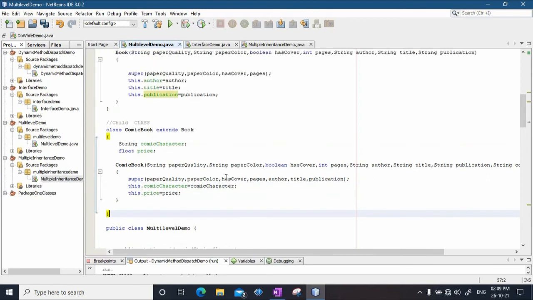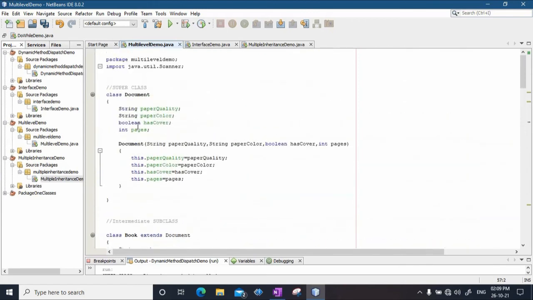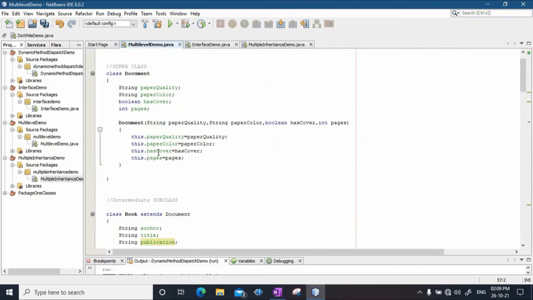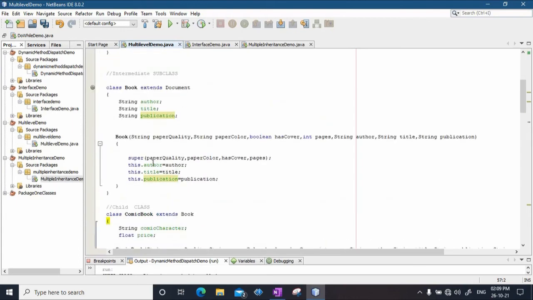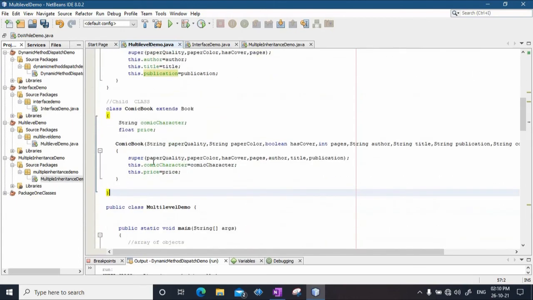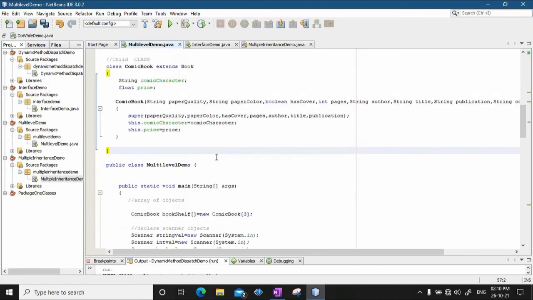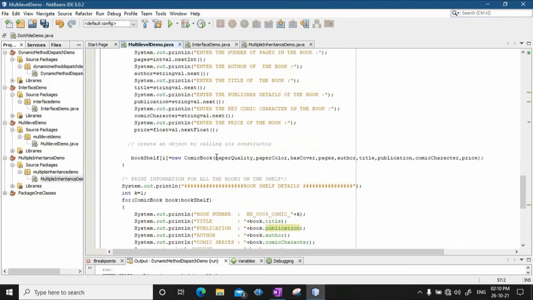Now notice that all those values you see, paper quality, paper color, has cover, pages, then later on author, title, publication, and then now comic character and price. All these attributes are attributes of which object? So far, which is the object that has actually started this chain reaction? It is basically the object of type comic book.